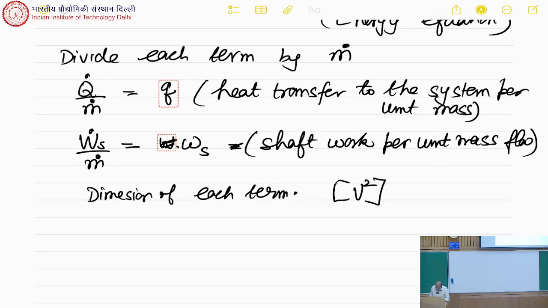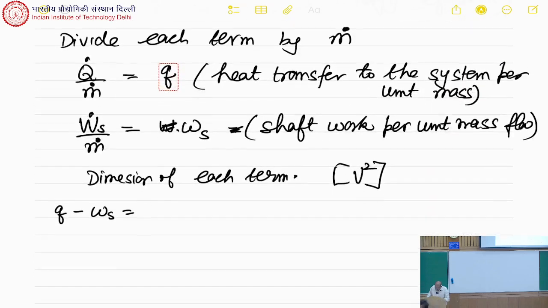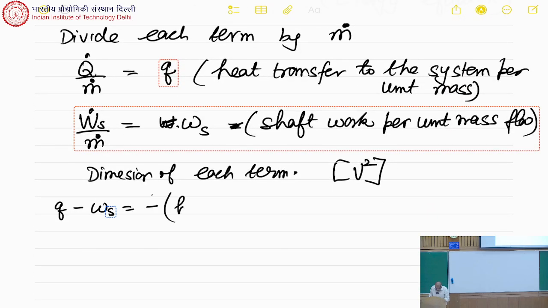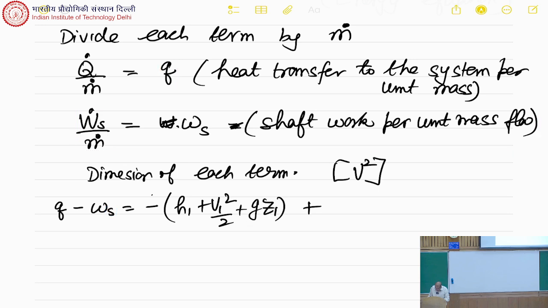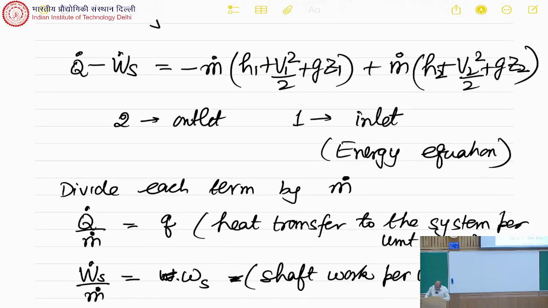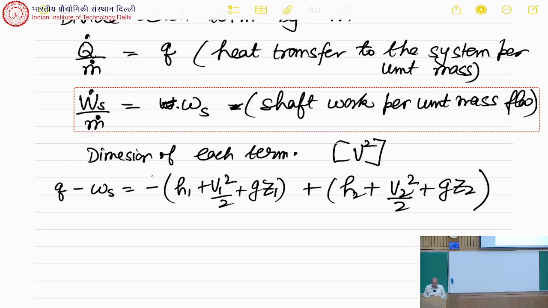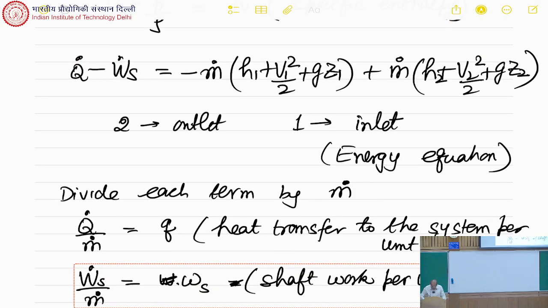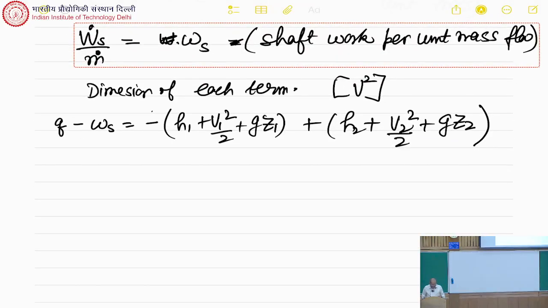So we will get an equation like Q minus Ws is equal to minus of H1 plus V1 square by 2 plus gZ1, where H1 is the enthalpy. And I can also write it as minus of U1 plus P1 by rho plus